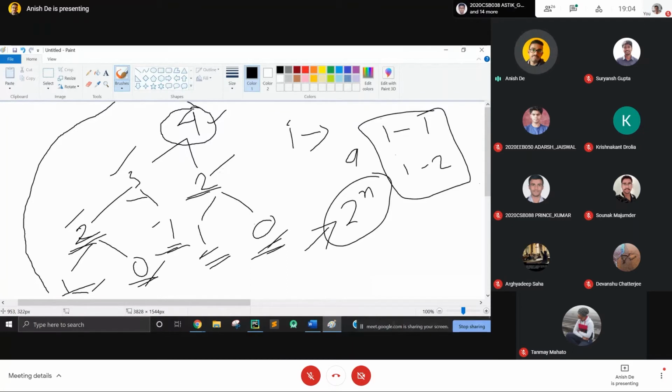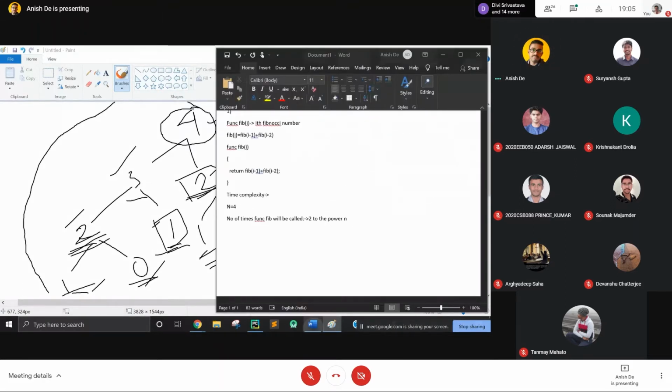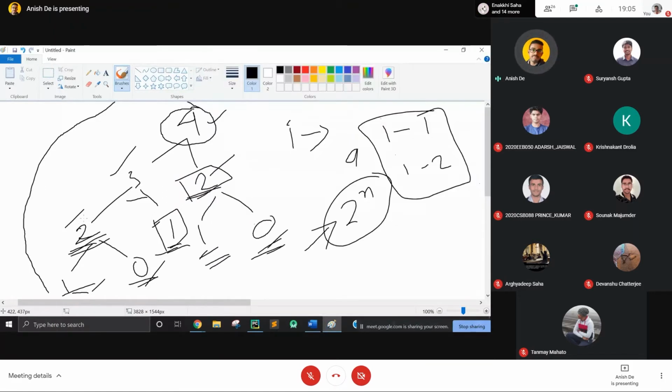We don't have to calculate 2 two times. We have to calculate the answer for 2 only once, the answer for 1 only once, and the answer for 0 only once, because then every time we don't have to call the function 2 times. How can we optimize this so that we don't have to calculate multiple times for the same number? There is no point in calculating the answer for 2 more than once, it will be the same.